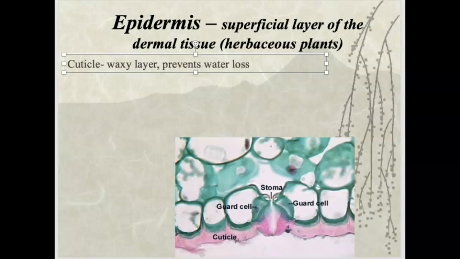The cuticle is a waxy layer, and its primary goal is to prevent water loss. So that's that little pink color on the bottom of that image down there. So it helps retain water, keeps water within the leaves or within the cells of the plant so they don't lose water. But gases have to be exchanged. So quite often within the epidermis, we will see these little things called stoma, or stomata. And these are little openings